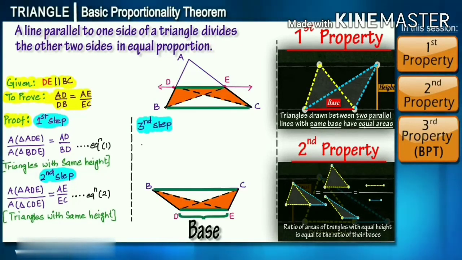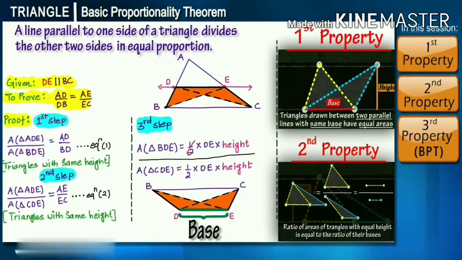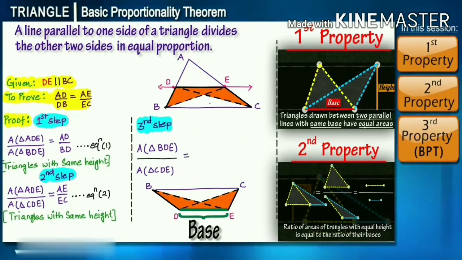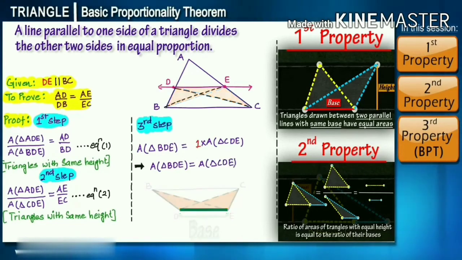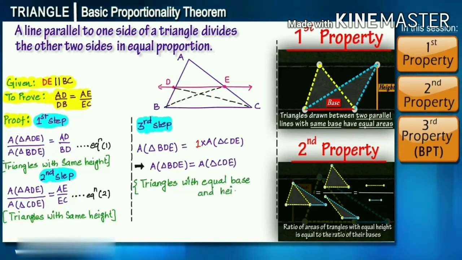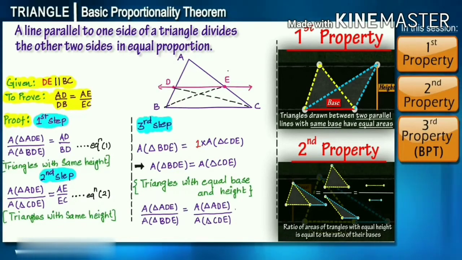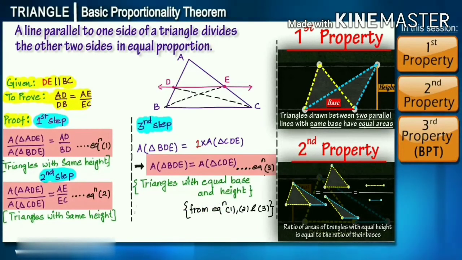we have learnt. From equations 1, 2 and 3, we can now say that area of triangle ADE is equal to area of triangle CDE, which means the RHS, that is AD by DB, will be equal to AE by EC. This completes the proof of basic proportionality theorem, which states that